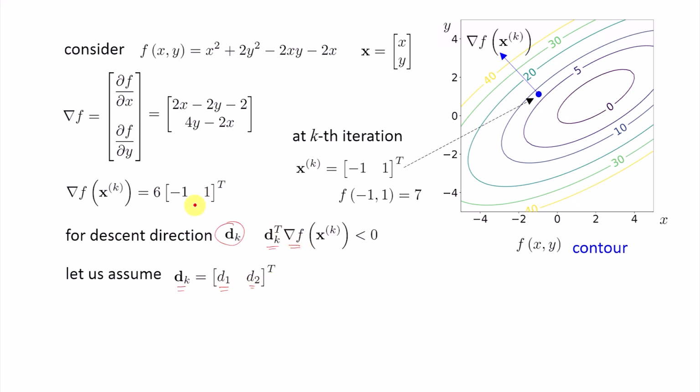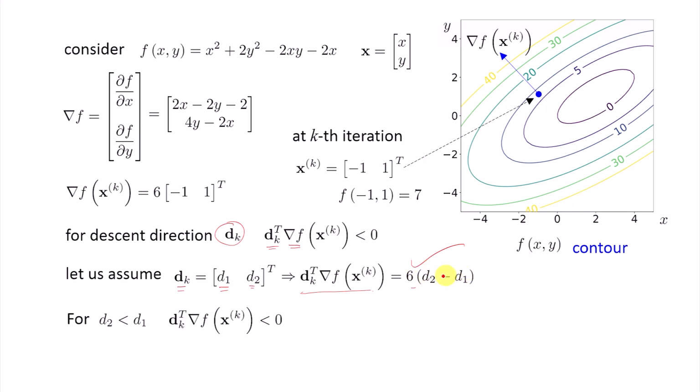I can see here that my del f is 6 times [-1, 1]. So if I take this inner product, it will give me 6 times (-1 into d1 plus 1 into d2). So it will be d2 minus d1. This is my inner product. This is just a scalar quantity. For this product to be less than 0, we need d2 to be less than d1. As soon as d2 minus d1 is less than 0,